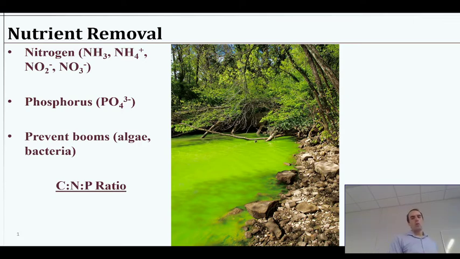So when we think of it in that term, if we add a bunch of like sugar, it's mostly carbon, bacteria will eat it, and they'll deprive the water column of oxygen. So that's a problem, but we can also run into a problem even if we don't feed them the carbonaceous food source. If we give them plenty of nutrients, that still could trigger some algal blooms or just microbial population